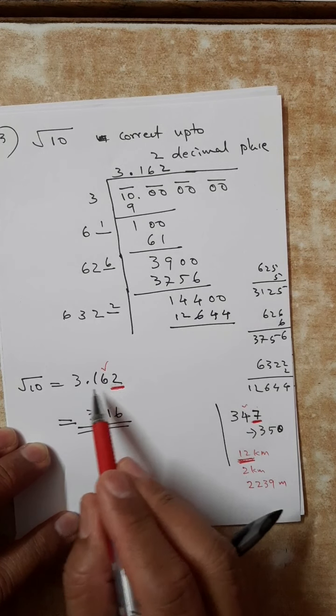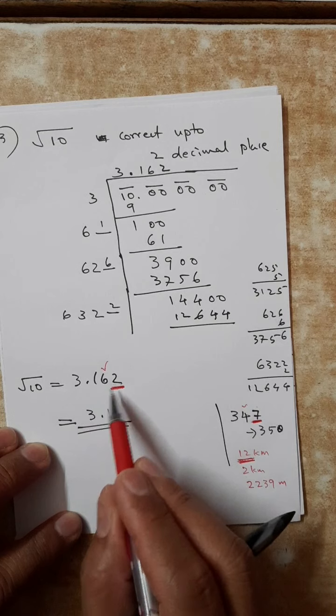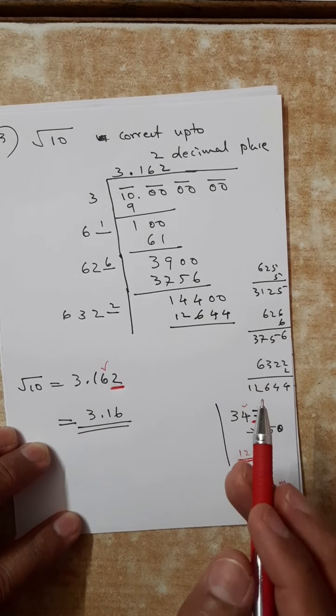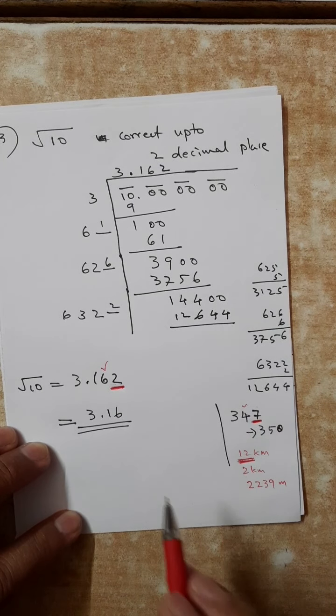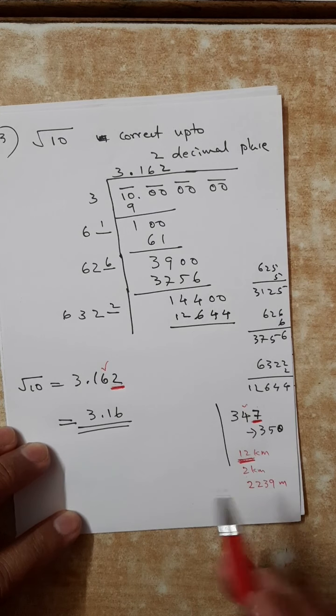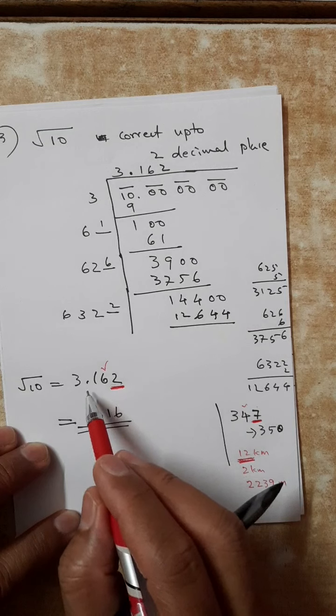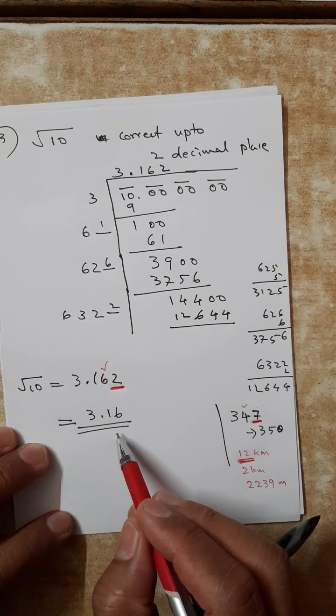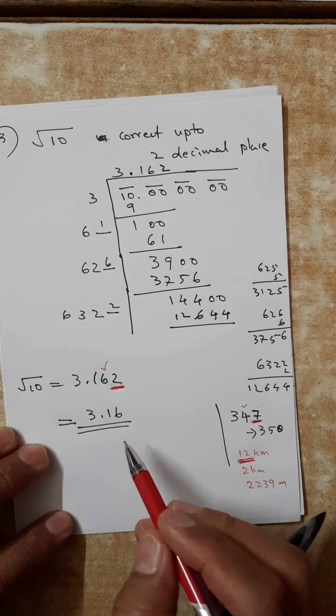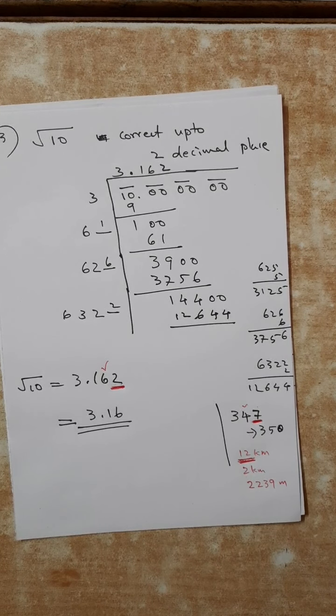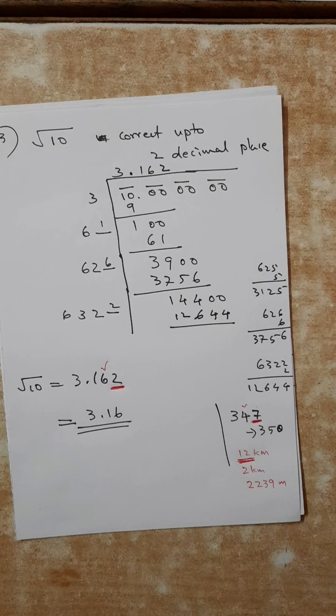Square root calculated up to 3 places means I am very clearly saying get the answer up to 3 places. But here it is written "correct up to". Correct up to means you cannot stop at 2. You have to do the correction. That means you have to do 3 places, then do the rounding. If the question is correct up to 1 place, you will do 2 places and then do the rounding. Okay. Thank you.